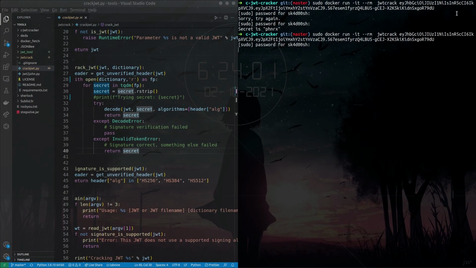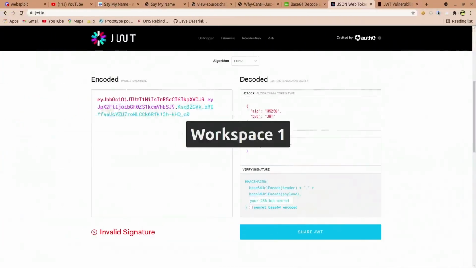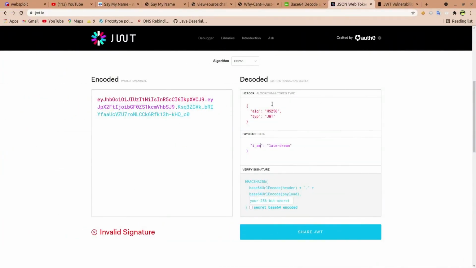After running this tool for a while, it actually cracked the secret, and it is PHNRX. This was the secret for signing this token.